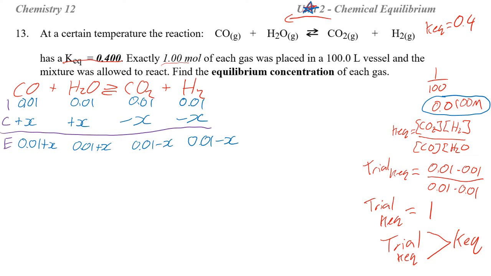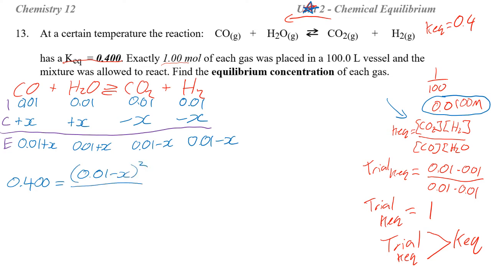Okay. I'm going to plug these into my KEQ expression. So I'm going to go KEQ, and I already have my KEQ expression here. I don't feel like rewriting it out, so I'm just going to start plugging in all the numbers. So I'm going to plug in real KEQ number, 0.0, oh, sorry, it's not 0.04, it's just 0.4, equals our products, which is 0.01 minus x